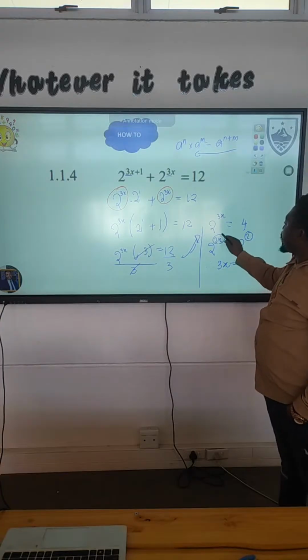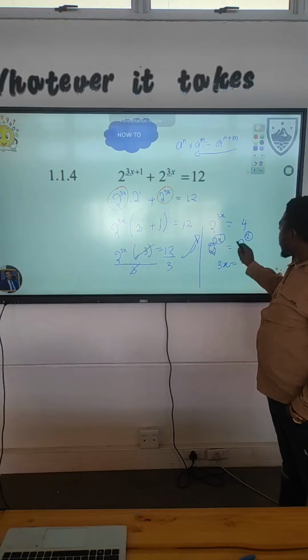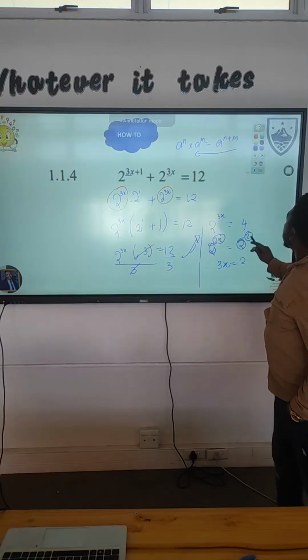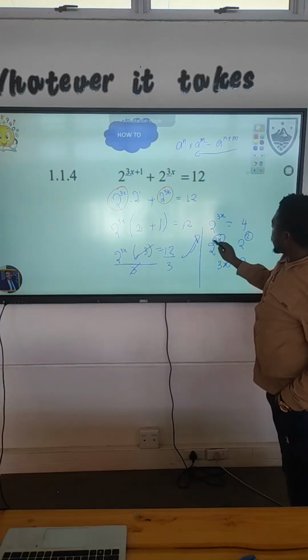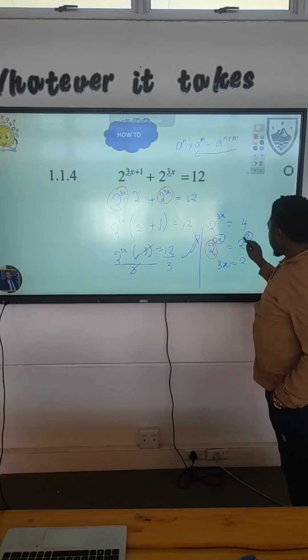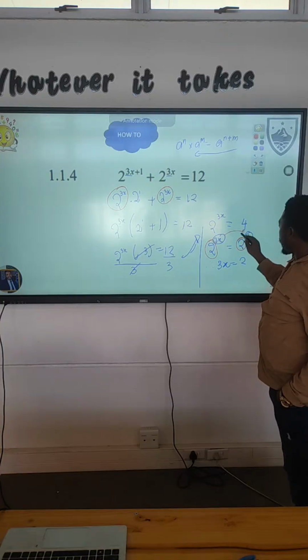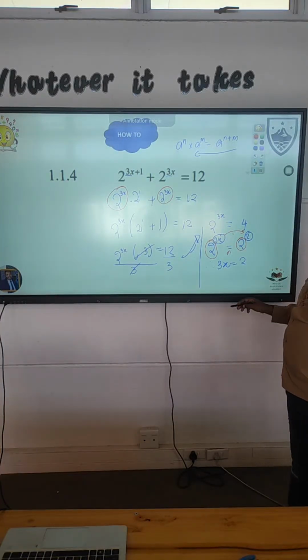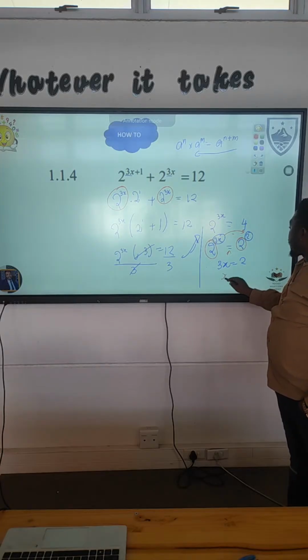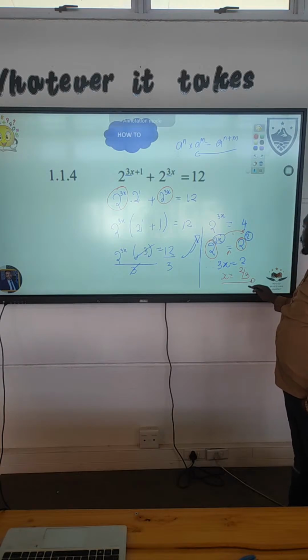This is equivalent to this because this is equal to this. Because this is the same as this, that's why this is equal to that, because this is an equal sign. And then I want to solve for x, so my x will simply be 2 over 3. That will be our solution for